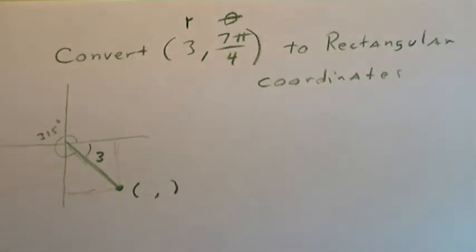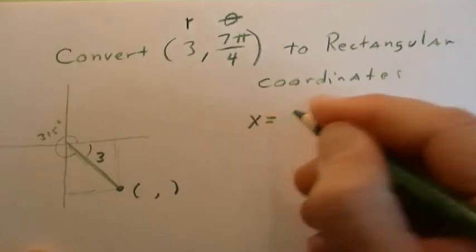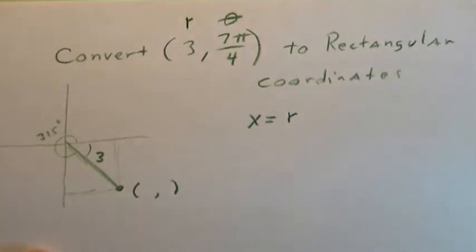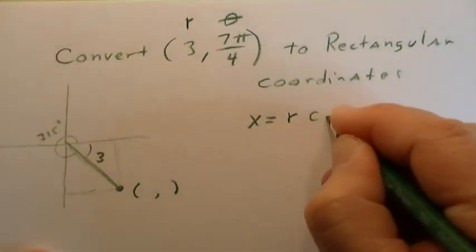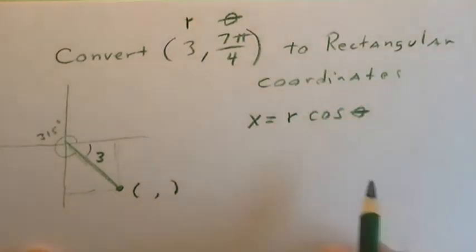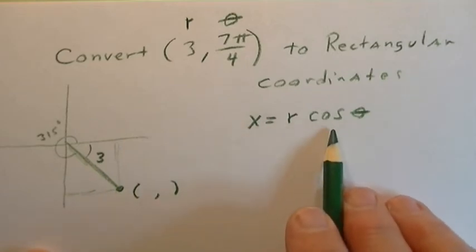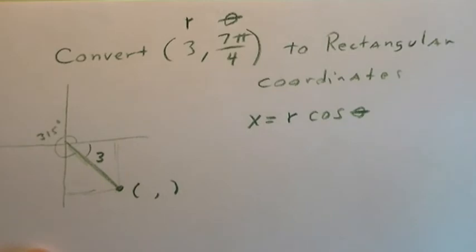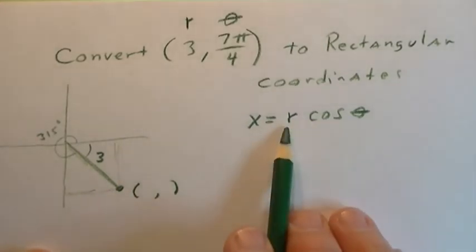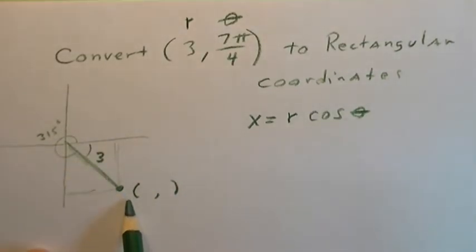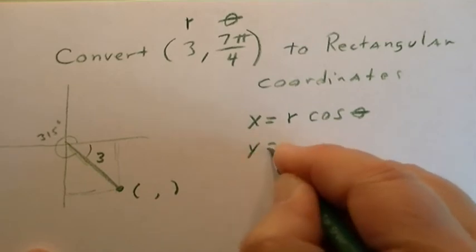So there you go. Here's the easy way to do it. Simply remember these two quick and easy formulas, that the x value is equal to this radius times the cosine of theta. That should be easy to remember because on your unit circle, the cosine is the x value. Remember? We just take that unit of 1 and change it to a unit of whatever distance we're going out. Kind of make sense? Likewise, the y value